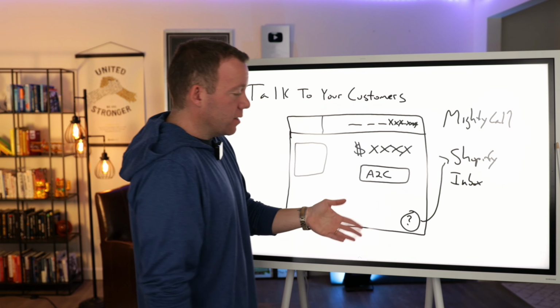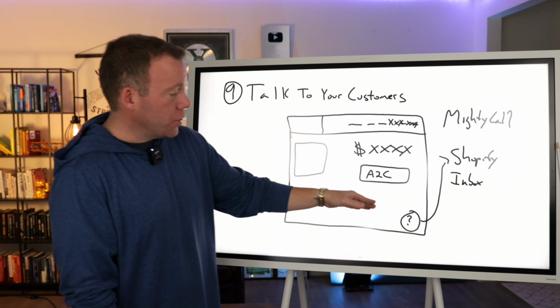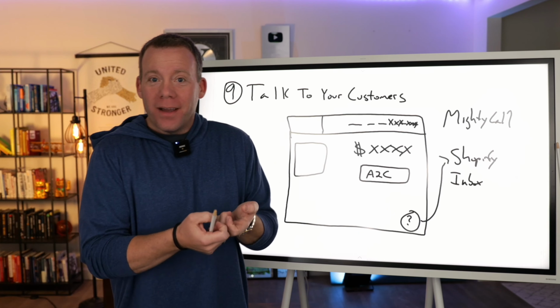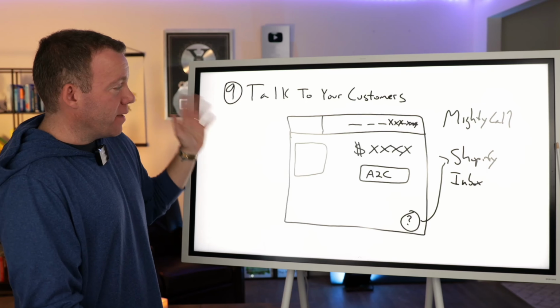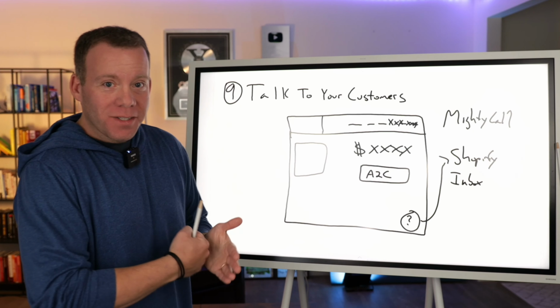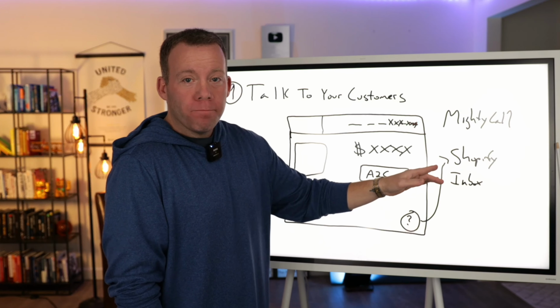The way that works is you can, again, put an app on your phone called Shopify Inbox. If somebody goes to your store and they ask a question on live chat, it'll come right through that app on your phone. You can respond like you're texting with somebody, confirm an item's in stock, confirm the discount code, confirm product specs, whatever it may be, close more sales, increase your conversion rate. Super simple, and again, included with Shopify.